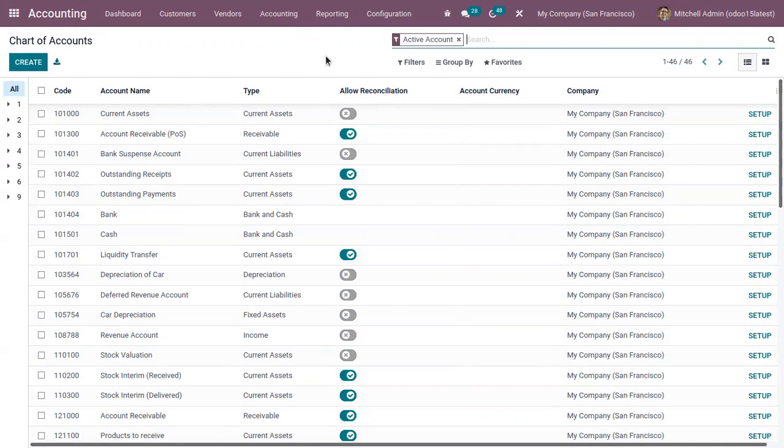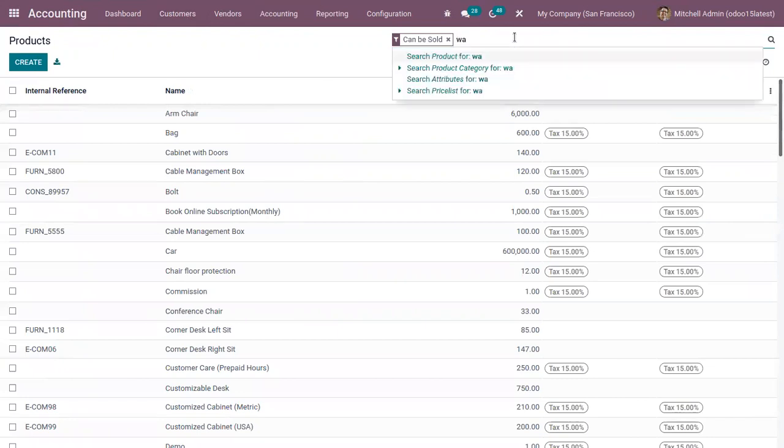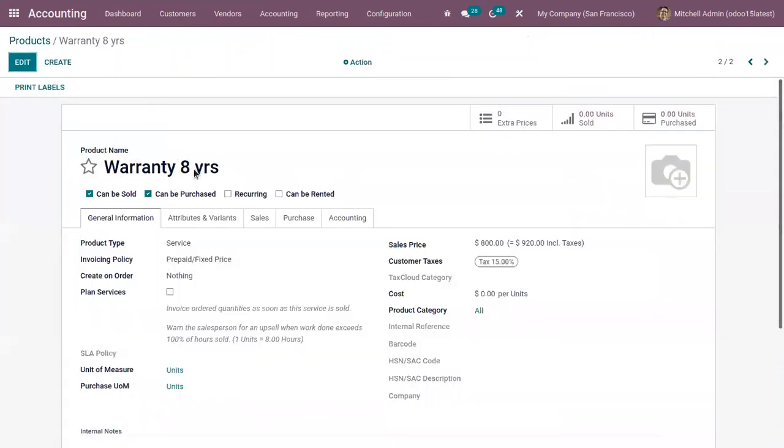So after configuring the accounts, you can set the account for your products. Here, if I open products and search for warranty, you can see I've already configured a product, warranty 8 years, and you can see the product type is service and invoicing policy is prepaid, and I've set a sales price for this warranty 8 years.